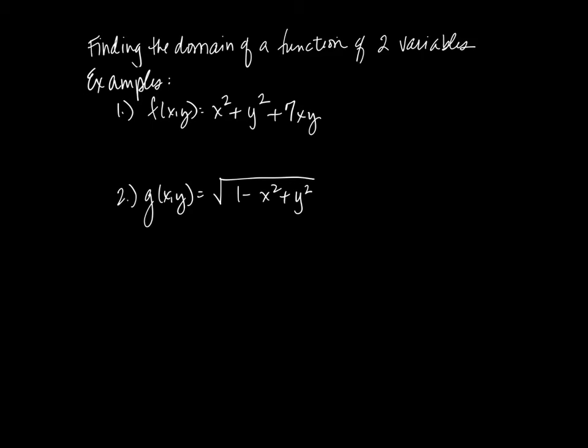So finding the domain of a function of two variables, if our function is f of x y equals x squared plus y squared plus 7xy, this should look to you a lot like the polynomials we examined, like f of x equals x squared plus 3x plus 7, right? The variables are raised to whole number exponents. It's not a quotient. It's not a rational function. There's no square roots or anything. And so the same rule applies here. We're not dividing by 0. We're not taking the square root of a negative. There's no logarithms involved. So the domain is all reals. Or, sorry, the domain is not all reals. The domain is the entire xy plane.